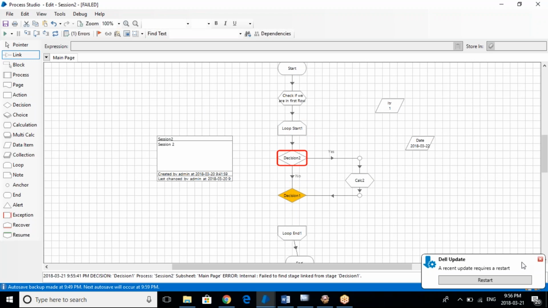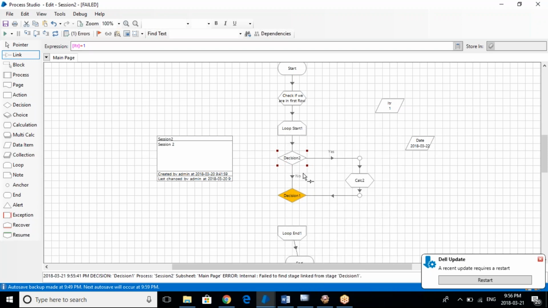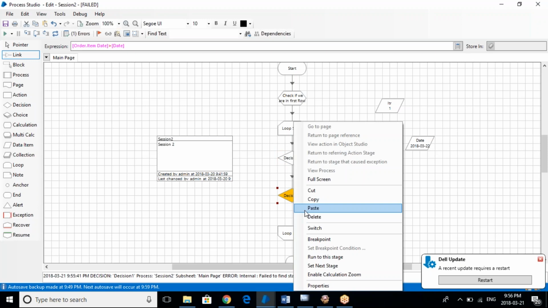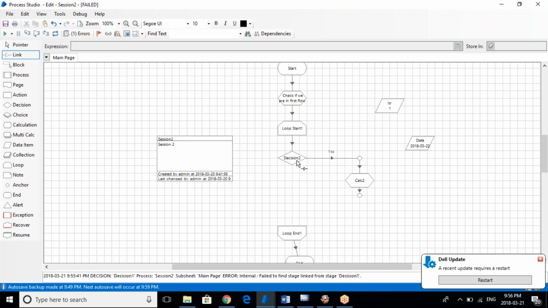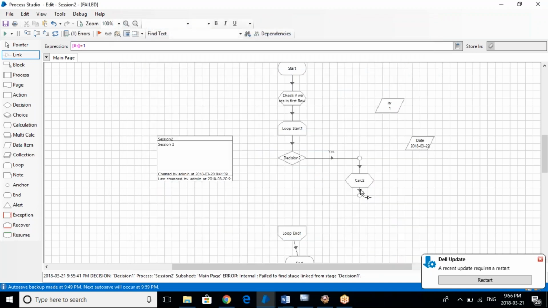Karan asks: is it not mandatory that a decision should have both yes and no? Yes, it is mandatory that a decision should have both a yes and a no column. But in decision one, there is only yes and no no. So in decision two, what we are trying to say is, if this is one, we are going and storing it here. After that,